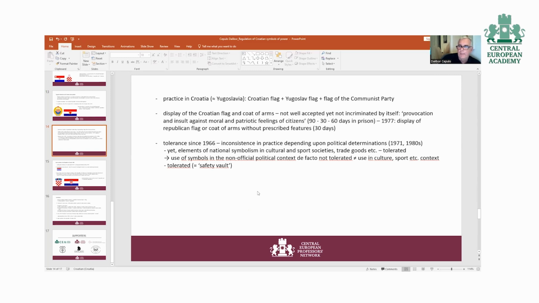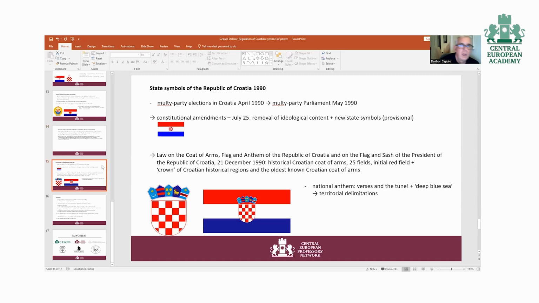So the provocative or improper use of these symbols could result in 19 to 30 days of imprisonment. In 1966, the regime was more tolerant toward this, but this tolerance was completely inconsistent and depended upon political periods. Whatever the case, the turnover into the Republic of Croatia, based on multi-party elections,